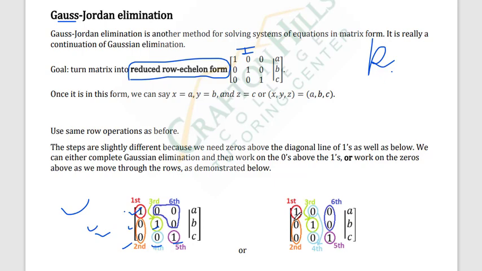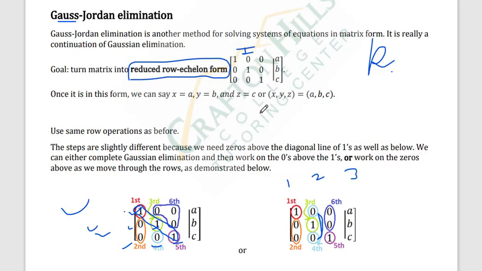Here the first, second and third steps will remain the same. Here the fourth step works on the second column and then the third column. They go like first column, second column and third column. Here they go by the diagonal element. So you can use both methods, both are valid, and either way you can get the same answer. So this is Gauss-Jordan elimination.